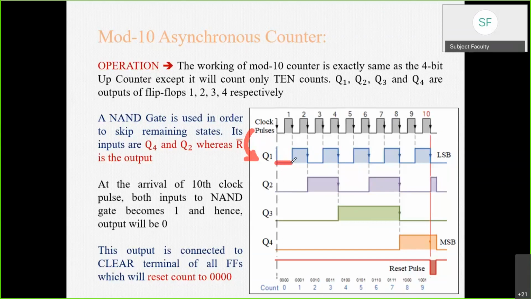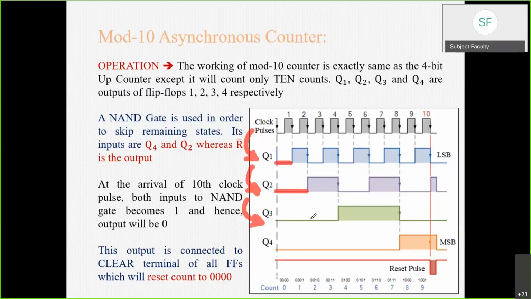So initially it will remain as it is, then it will change its state on the arrival of the negative edge, and so on. Okay, you already know this. Now Q1 will act as a clock input to Q2, that is the second flip-flop. So again, initially it will remain as it is. At the arrival of the negative edge, it will change its state. It will simply follow that particular rule. What is the rule? That only at the negative edge, the transition will be made either from 0 to 1 or 1 to 0. Then this Q2 is nothing but the clock signal to this Q3.